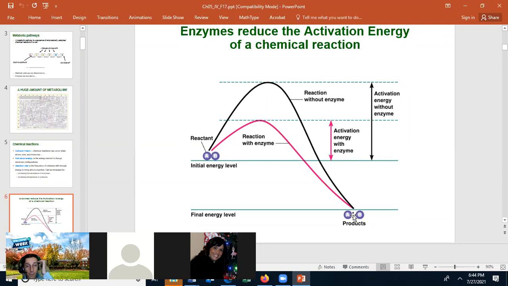Energy is given off by the process, and that's why the energy in the glucose, the initial reactant, is higher than the energy in the CO2 and water. Energy is given off, but to go from the reactant to the product, you have to go over the energy hump, and that would be the reaction without an enzyme. And that's a very high energy hump. If you don't know, a blowtorch is very, very hot. Okay? And yet,